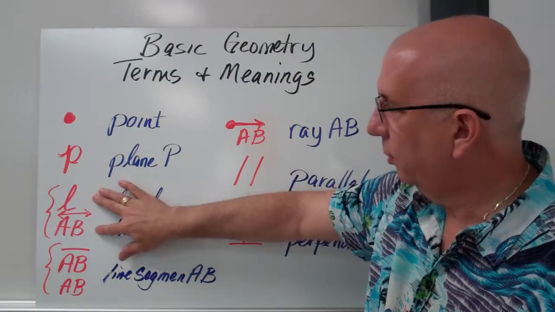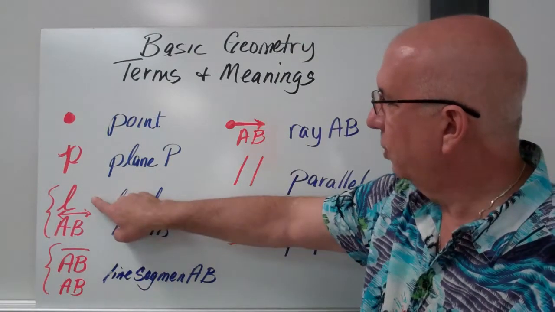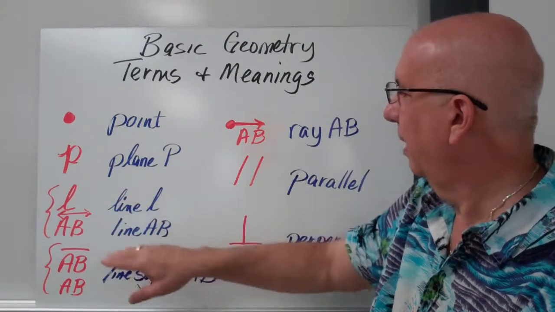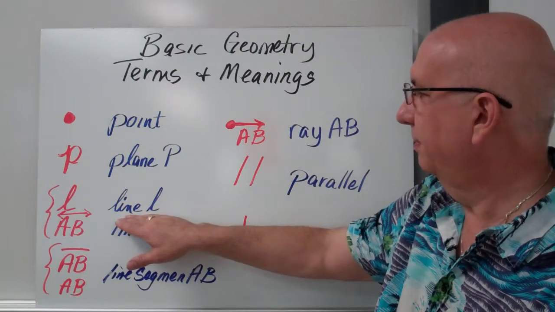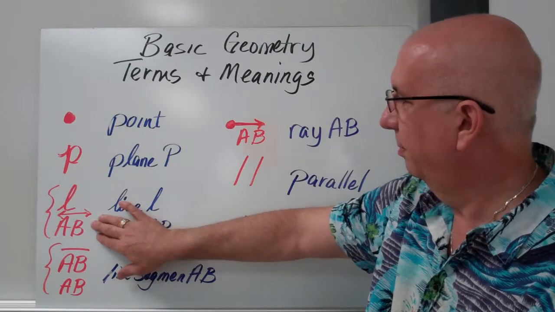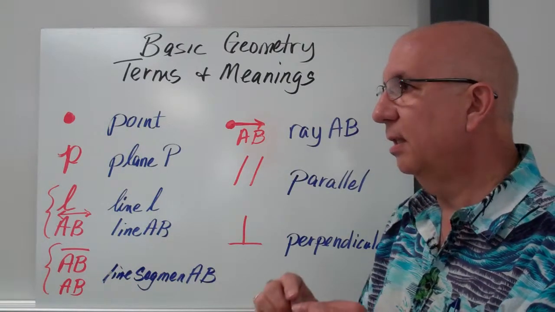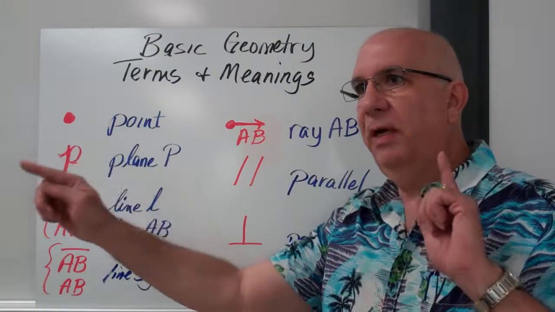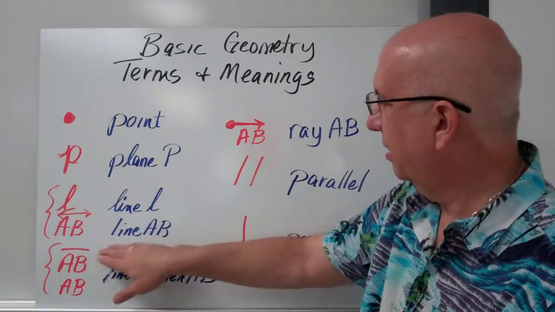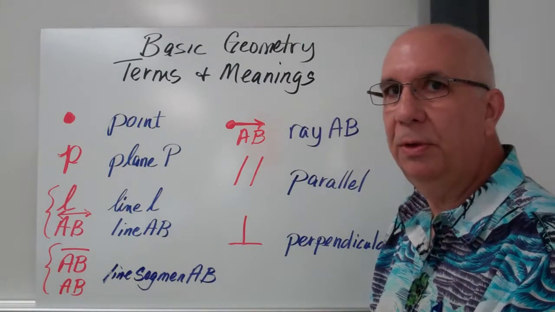The next two symbols are grouped together because they mean the same thing. They're just written differently. The first one is a lowercase cursive letter, in this case lowercase cursive L, and it is read as line L. The next one is capital A, B, printed. It has a segment with arrows on opposite ends. This signifies that the line continues into infinity in both directions. This would be read as line AB. A line is determined by a minimum of two